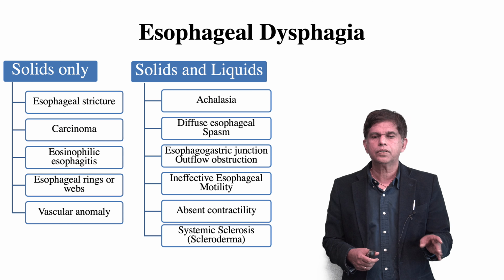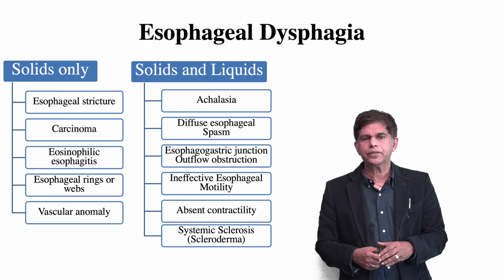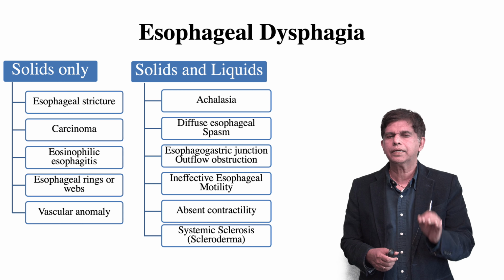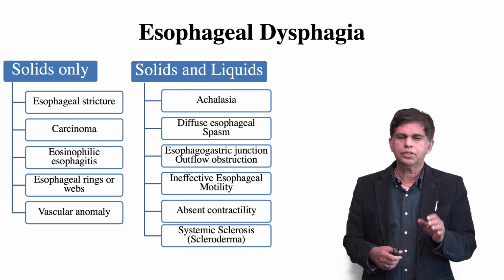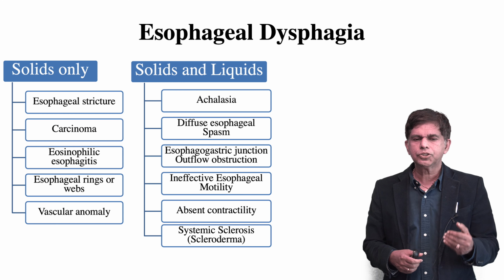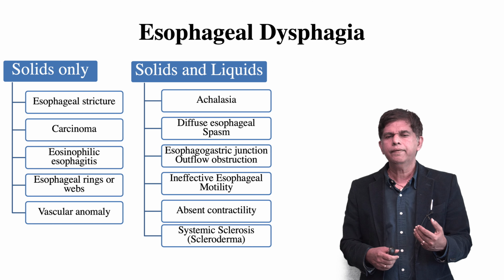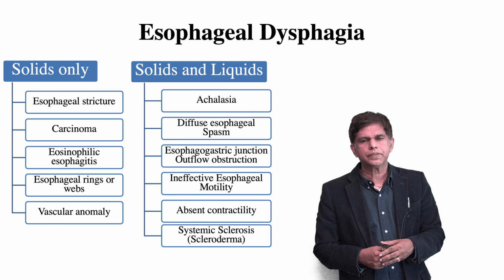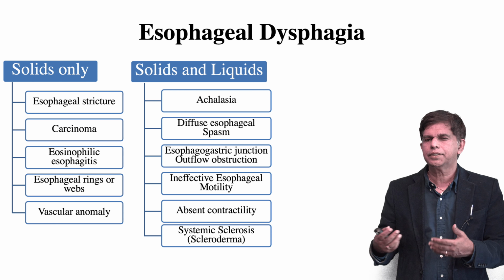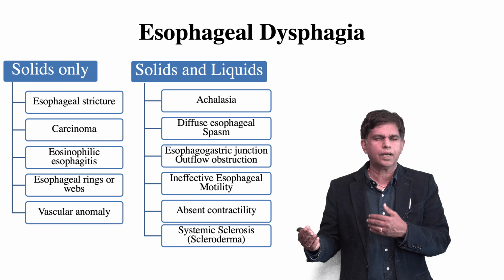One is solid only, and the other one is solid and liquid. When you talk about solid, it's usually some kind of mechanical obstruction, malignancy, or it could be stricture, carcinoma, esophagitis, esophageal rings or webs, and vascular anomaly, okay? When it's solid and liquid, that tells us the patient has some neurodegenerative or motility disorders like achalasia, diffuse esophageal